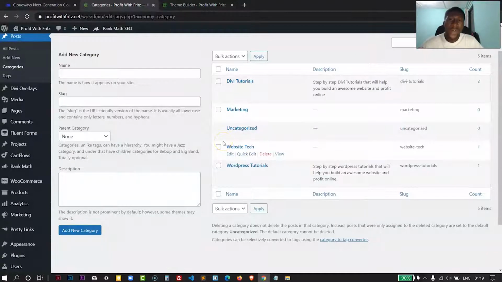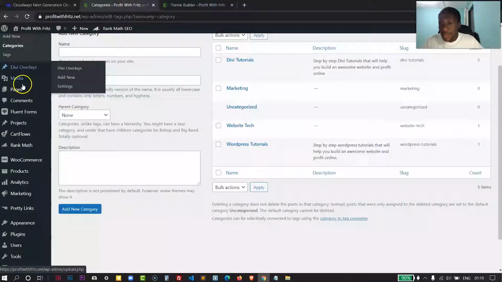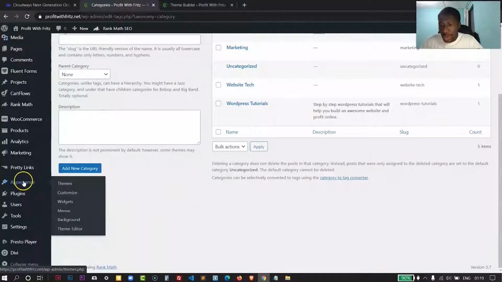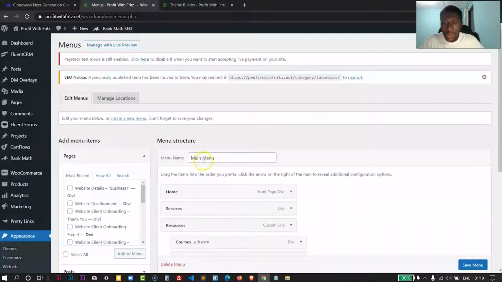All right, so once you have the categories created in your WordPress admin area, you can now create the categories menu. On the left hand menu, you would look for appearance, and then under appearance you would go to menus. All right, so this is where you can create a menu for your